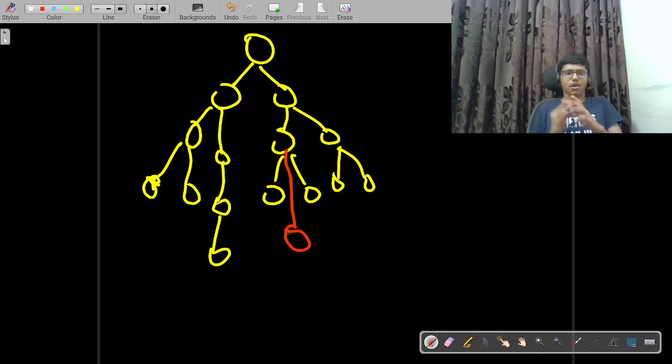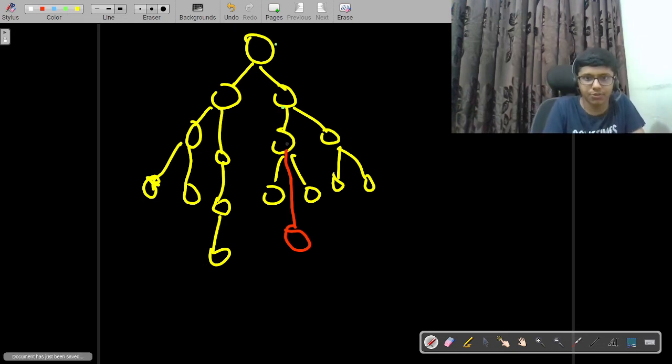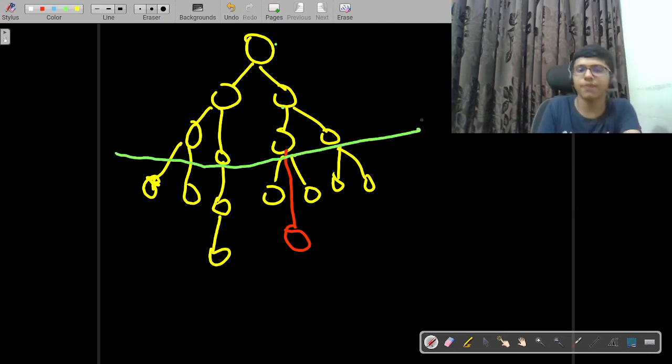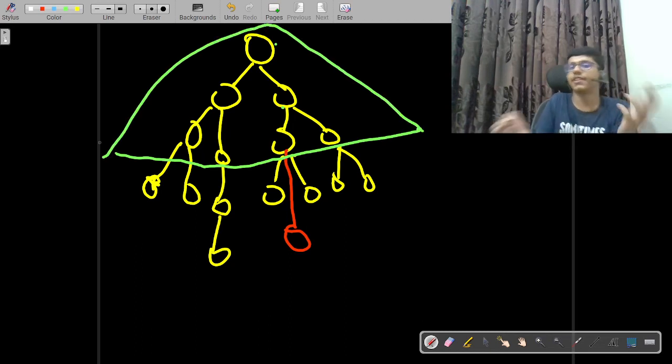So you know the current tree, and what you need to do is binary search on the heights. So the height is 1 2 3 4 5. The current tree height is 5. We binary search on heights, so let me say the current is 3. We take all the nodes till the height or depth 3,